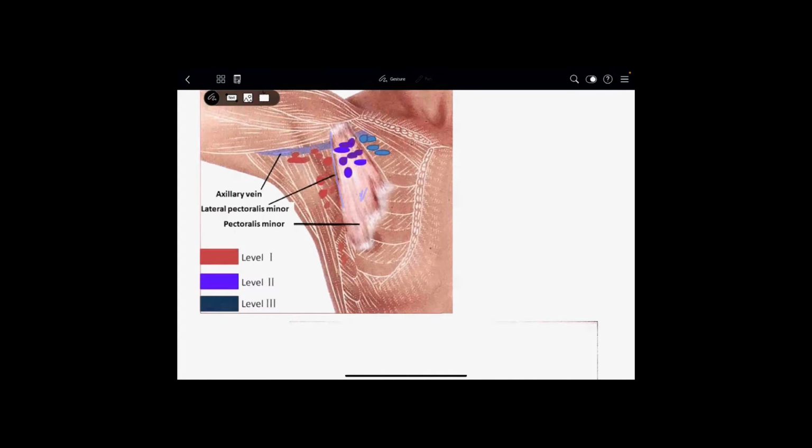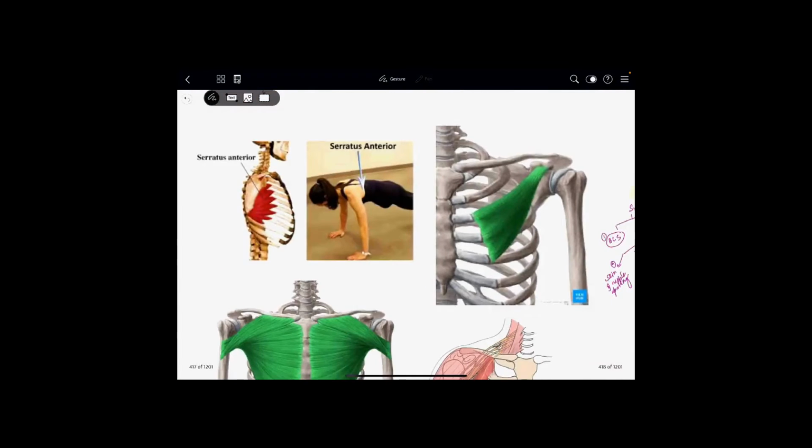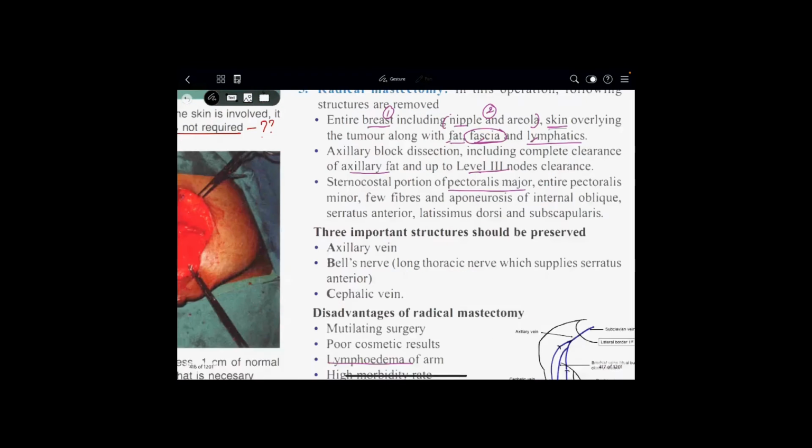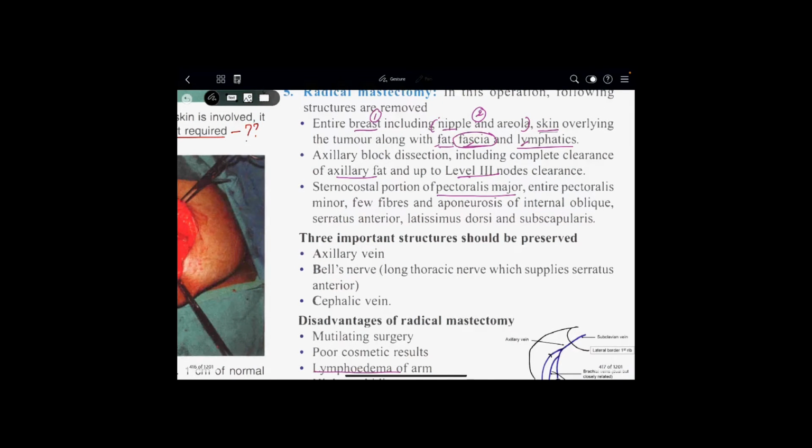Level 1 is lateral to pectoralis minor. So this is level 1, level 2 and level 3. Sometimes only certain levels are removed, but in this case all of them will be removed. Okay. So even the axillary fat is removed, and up to level 3 lymph nodes will be